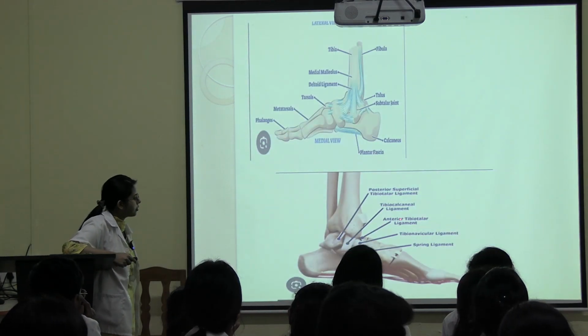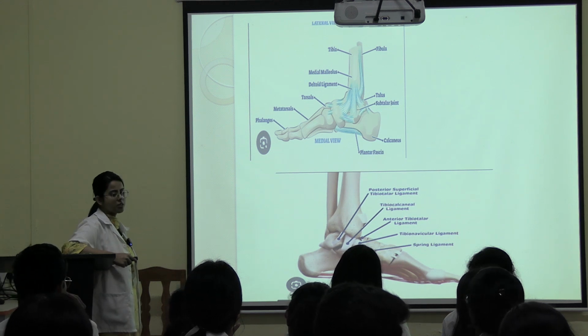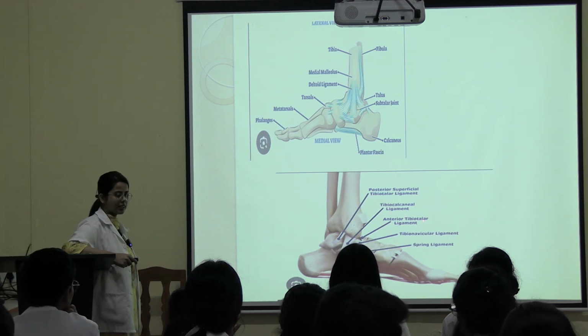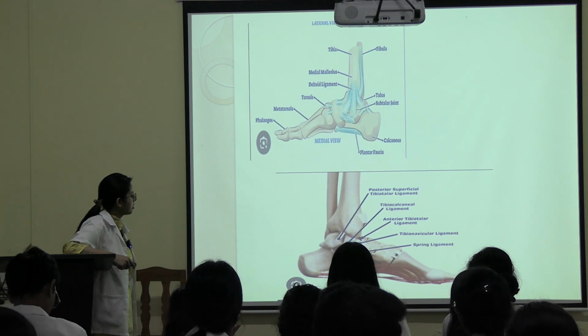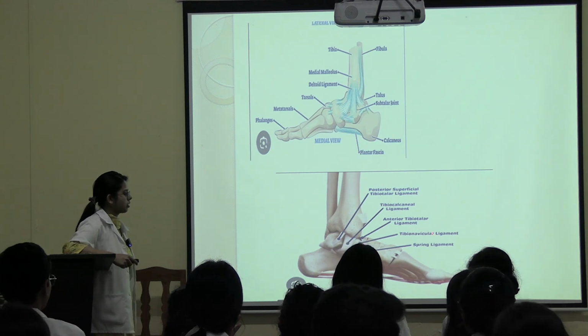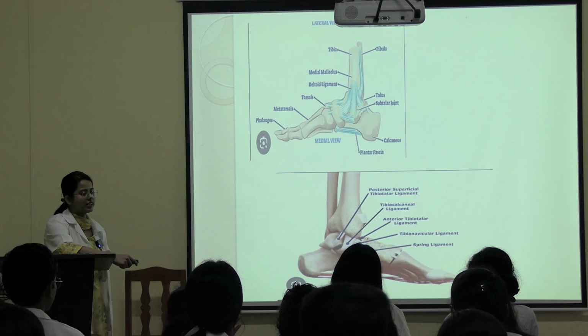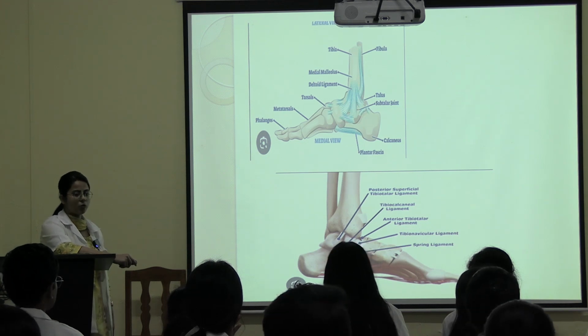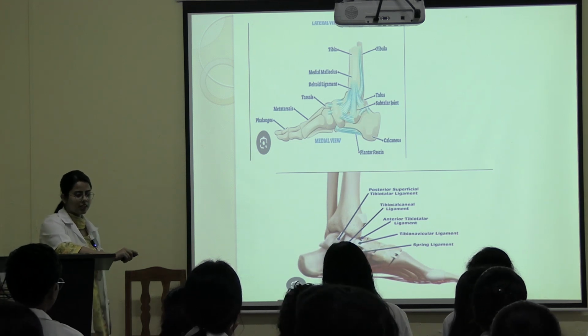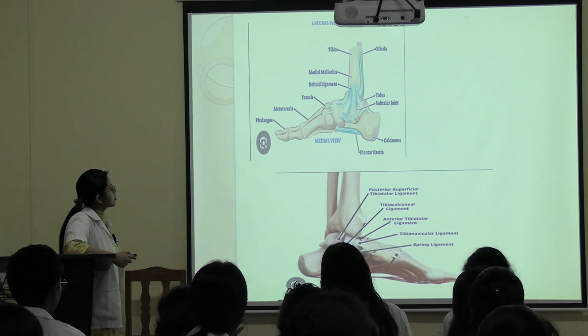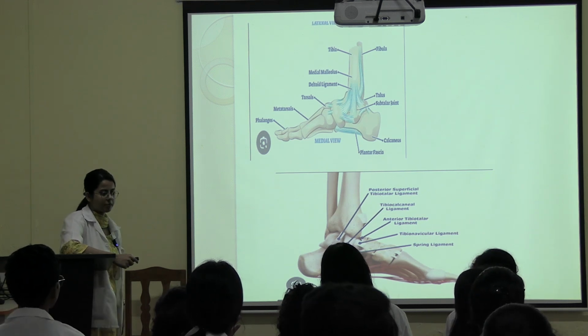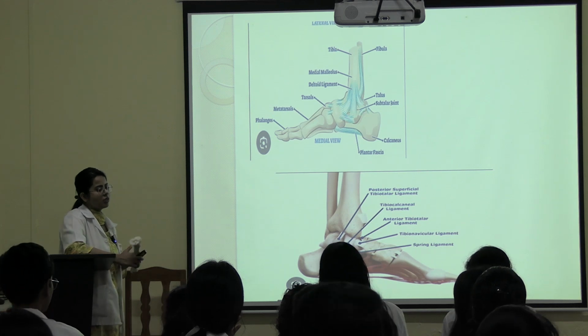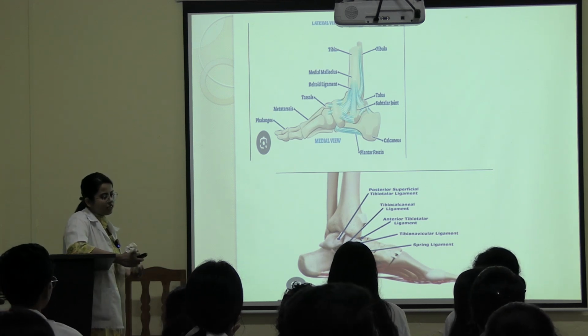This is the tibiotalar. This is the tibiocalcaneal, meaning between tibia and calcaneum. Again, calcaneum is a bone of the foot. And tibionavicular. These four comprise the deltoid ligament. Navicular is also a bone of the foot. Clear? So this will constitute the deltoid ligament, between the tibia and the navicular, calcaneum and talus.